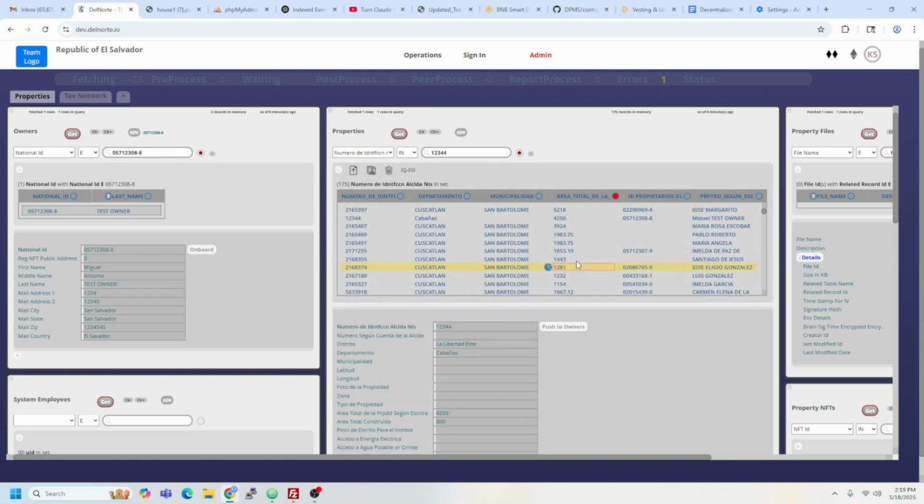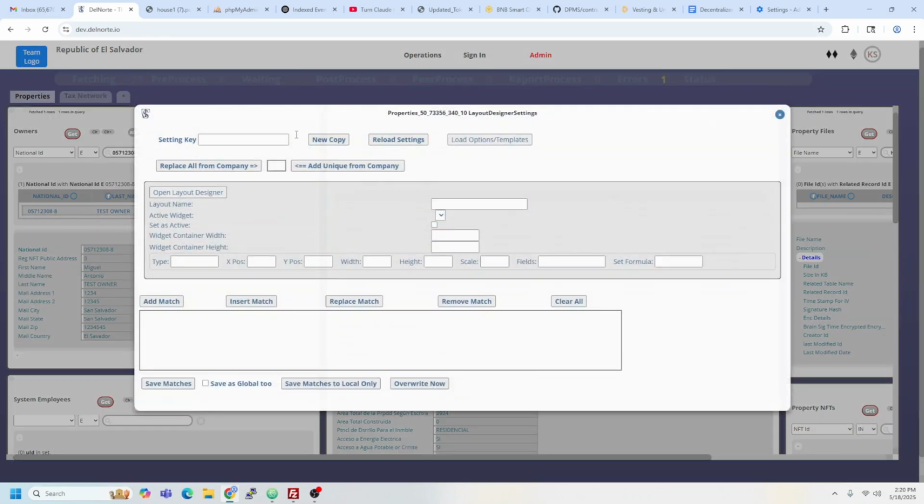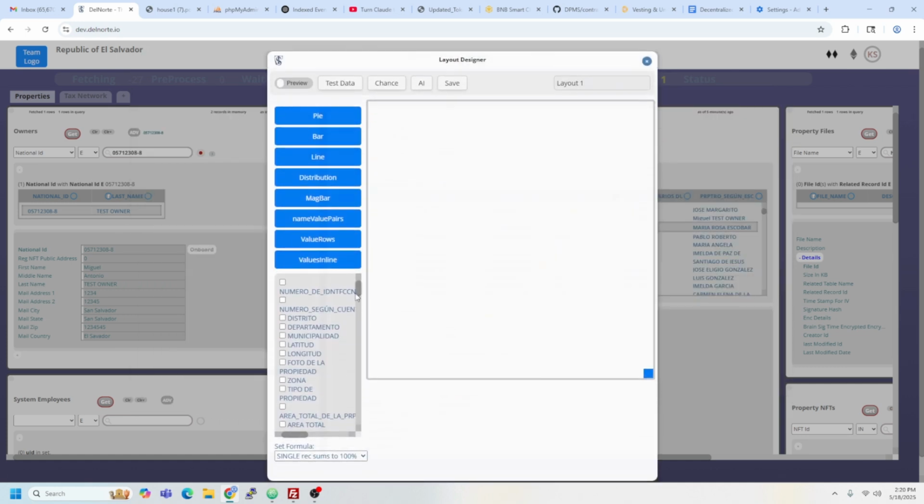So how do we do that? Again, remember we had the edits here, which is really cool, but we're not showing you that now. What we want to do is create a layout manager to show distributed area for every showing property, for example. How do we do that? We can go into layout manager, which is somewhere here. Maybe that, no. Layout designer settings. And we could go into open layout designer, and we could select the area